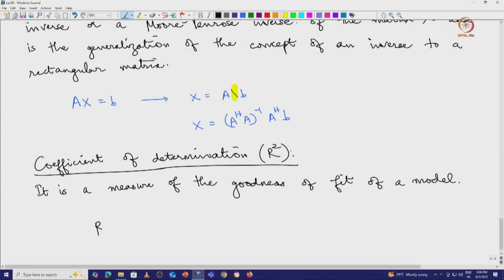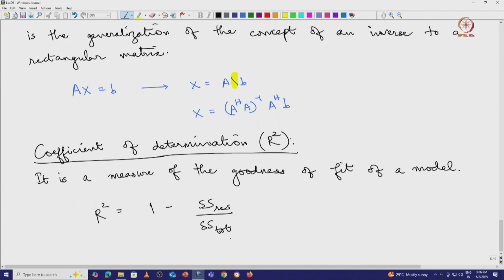So it is defined as 1 minus the residual sum of squares divided by the total sum of squares. So the term on the top is called the residual sum of squares, and the term in the denominator is called the total sum of squares,